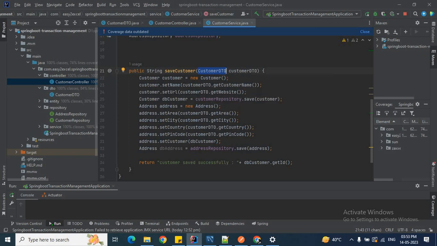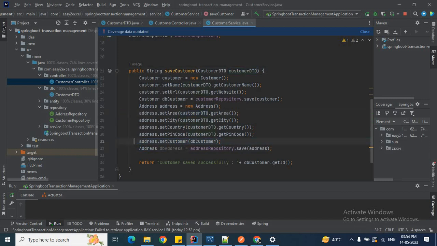Then I create the object for the customer and set the name and URL by getting them from the customer DTO. Clear? Then by the customerRepository.save method, I save this customer. Then similarly, I create the object for address and set all the parameters on the address object by getting them from the customer DTO object. Okay.